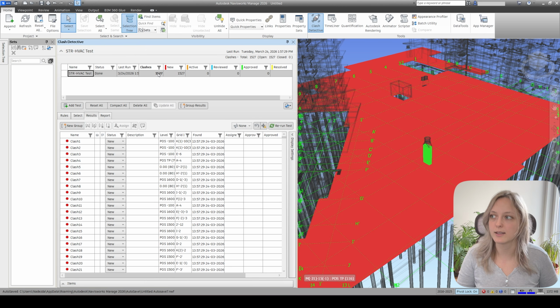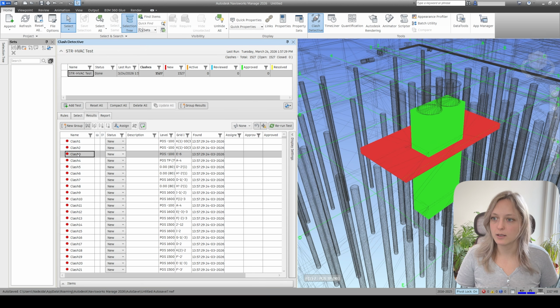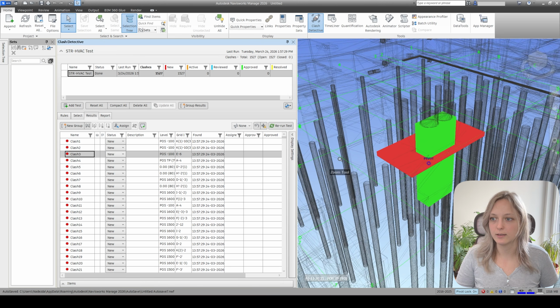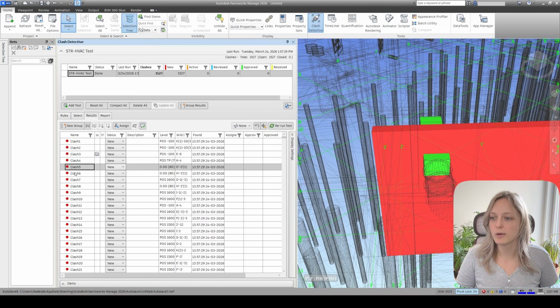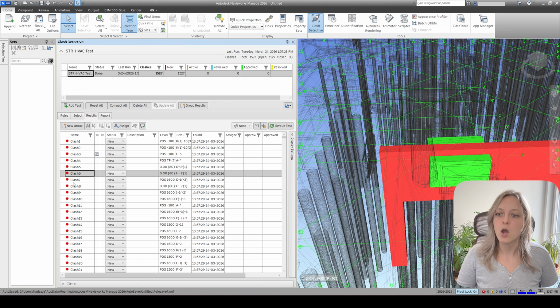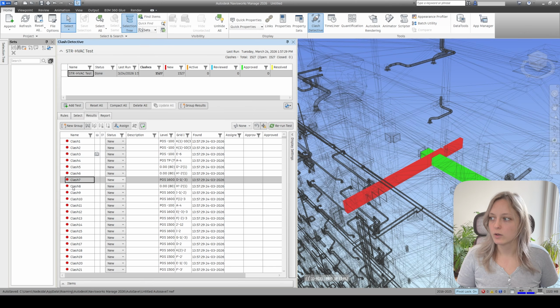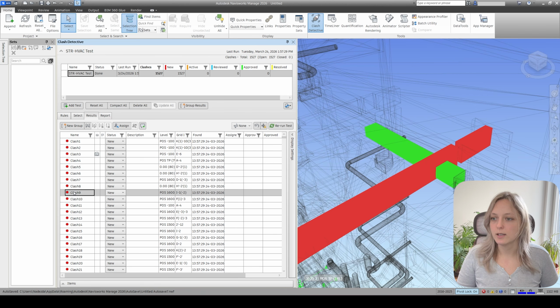So it's not as much as we see here, though it does seem a little bit intimidating sometimes. But basically here you have the number of clashes. And for example, let's just pick any of these. And once you select one clash, you actually get the image of that clash. So you can see which elements are clashing, and pretty much each of the selections, once you select it, you can actually see where it is and